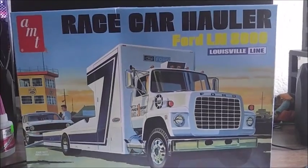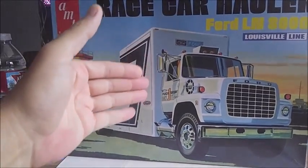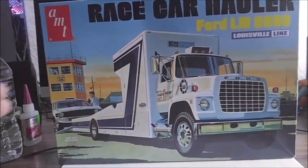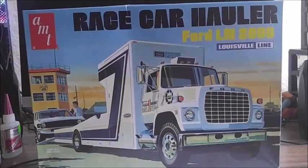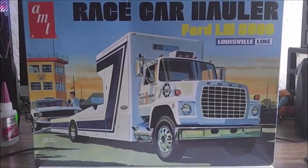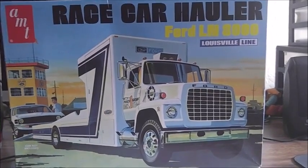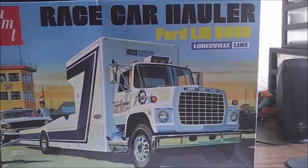Anyway, this is actually my very first car hauler, and it will go well with the Charger funny car kit that I won last year, since I don't have the Mustang one. So I'm pretty stoked to have this in my collection. It's a pretty nice kit overall. I've looked at it and checked out the parts. On a scale of 1 through 10, I give this kit an 8 overall,